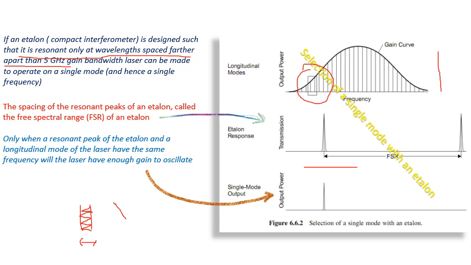So in this case it resonates only at a wavelength spaced further apart than 5 gigahertz. 5 gigahertz को आप wavelength में convert कर लें. So जो उसकी wavelength इसमें convert करके 5 gigahertz को, अगर ये resonate करे further apart more than 5 gigahertz